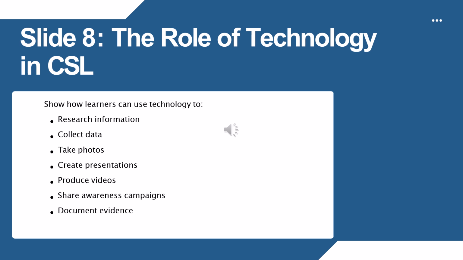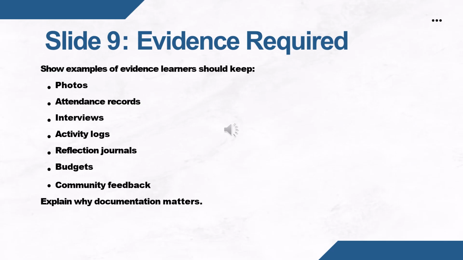When used responsibly, technology becomes a powerful tool that helps learners solve problems, communicate effectively, and create positive change in their community. One of the most important parts of community service learning is keeping clear and accurate evidence of the project. Documentation shows what the learners did, how they worked together, and the impact their project had on the